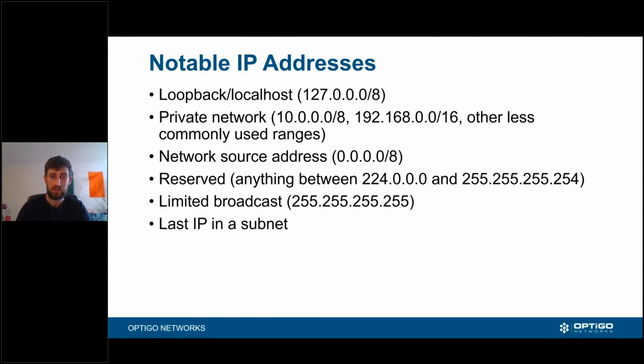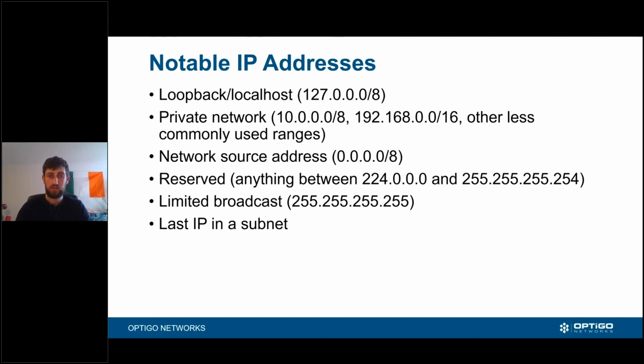127.0.0.0 is probably one that everyone should learn. It's sometimes a trick: if you set up a server on a PC and you want to run a client against the same server on the same PC, you can point it to 127.0.0.0 and it looks like you're going to a server, but it's actually going to itself. That's called loopback.